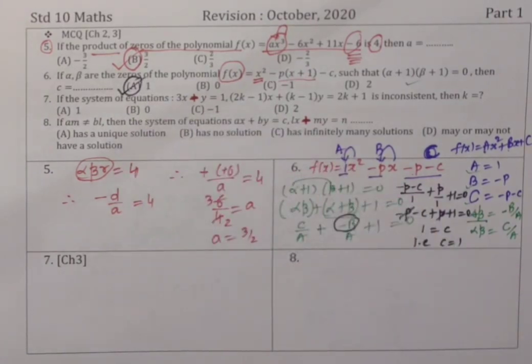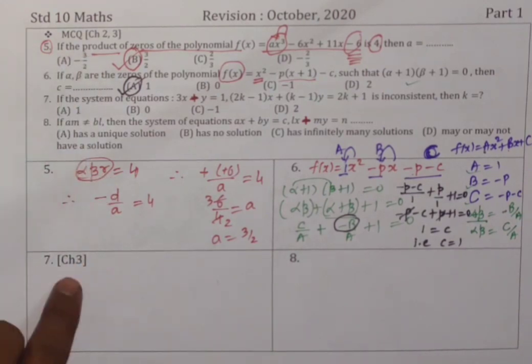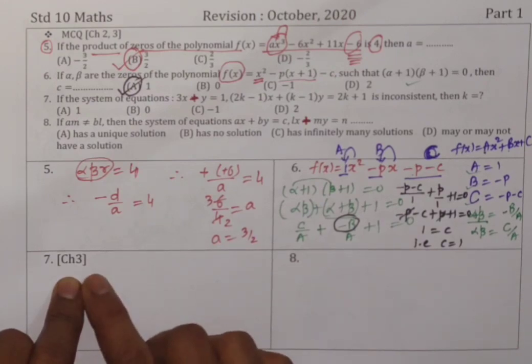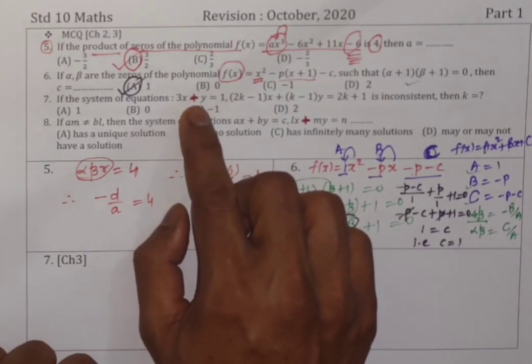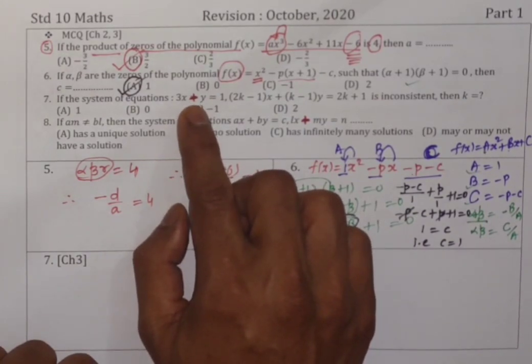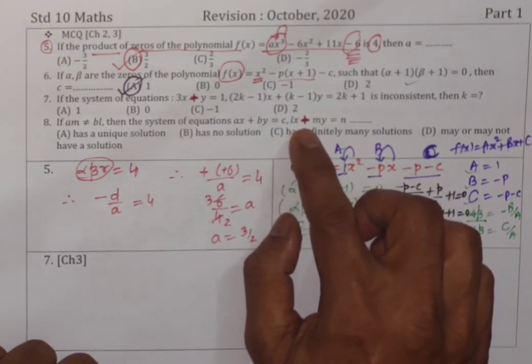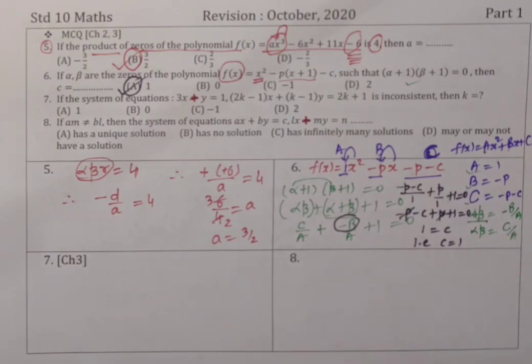Is that clear, children? Okay. Children, now number 7. We finished MCQ of chapter 2. Now we moved on to chapter 3, which is linear equation in two variables. So number 7 is from chapter 3. There is a correction, children, here. Instead of equal to plus, here in the 8th one also, Lx equal to my, but actually it is Lx plus my. So instead of plus there is an equal to sign. Okay, that correction you can make in your assignment paper as well. So now moving on to the 7th one.